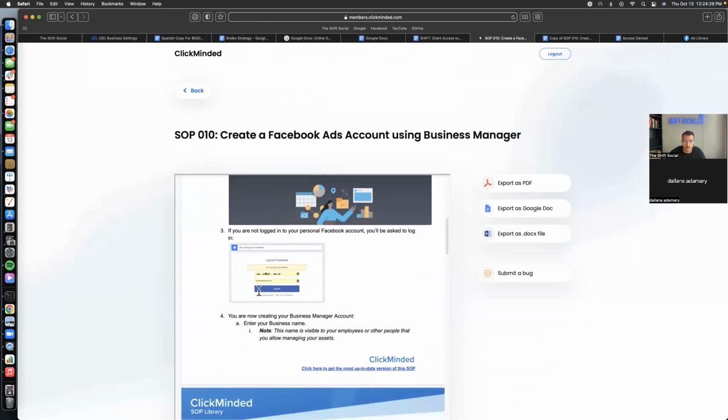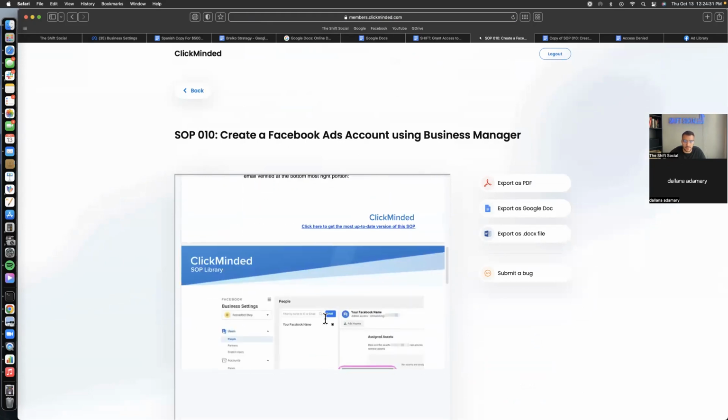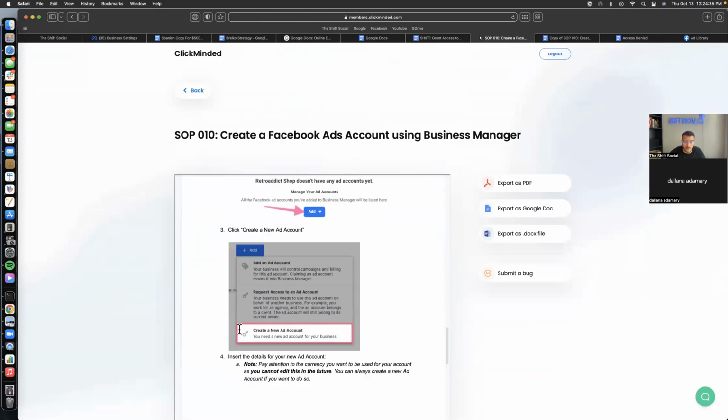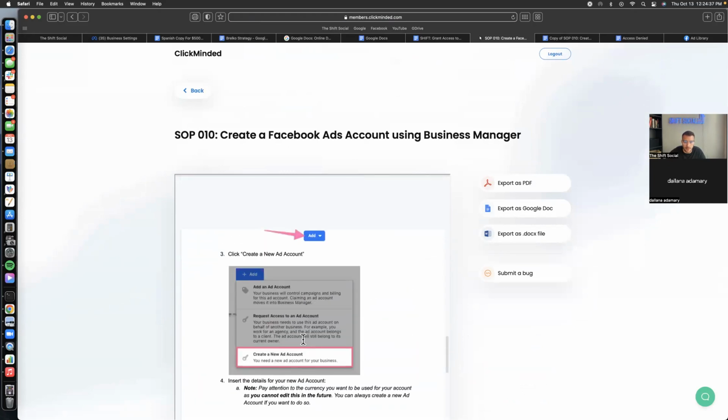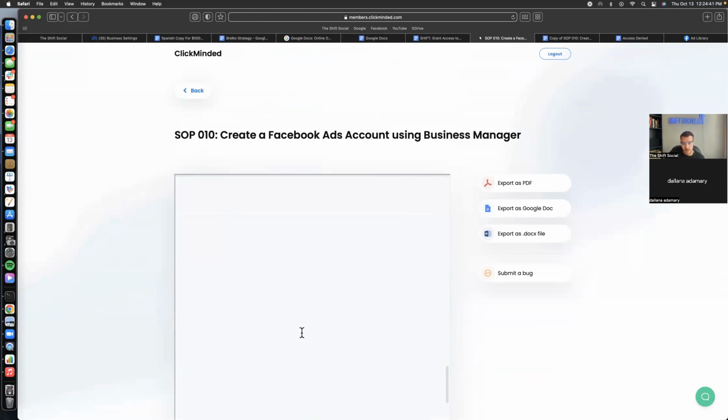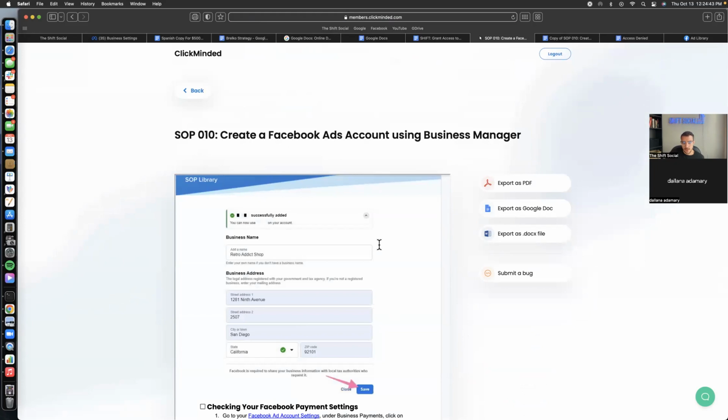They show them exactly how to do everything. Oh, okay. For him, he would just start at the create a new ad account part, and it shows him exactly how to do it. So what we have to do with these is export them,